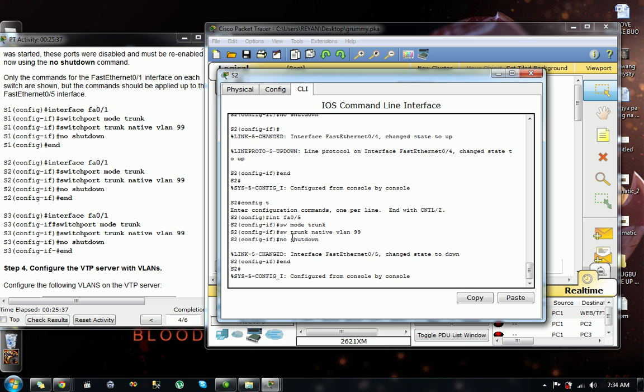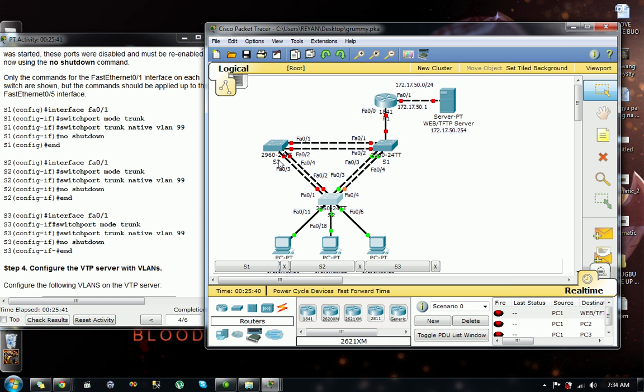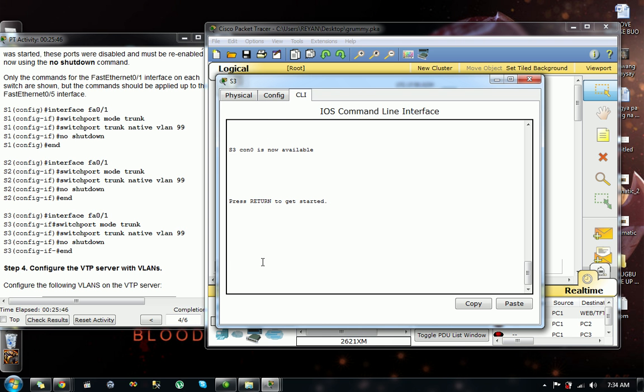Okay, that's it. Then we will minimize the switch 2, then we'll go to switch 3, then press enter, then the password is Cisco, and EN, then class, then config T, interface FA01,